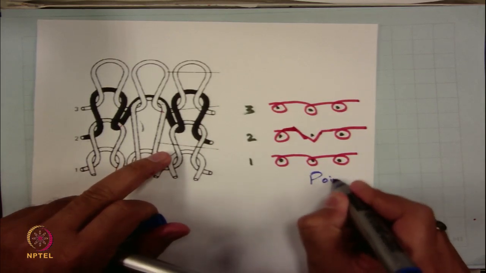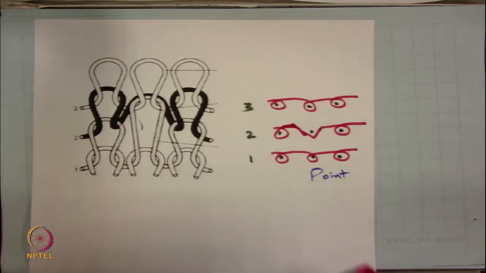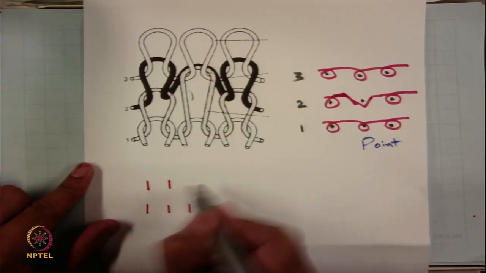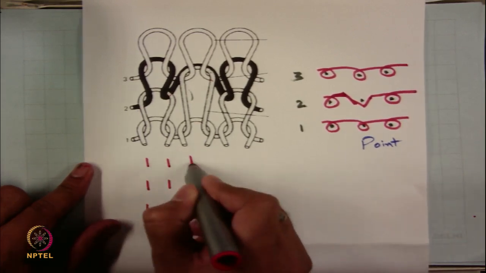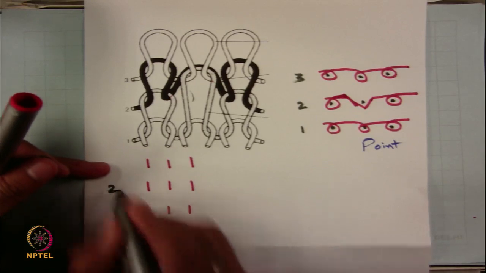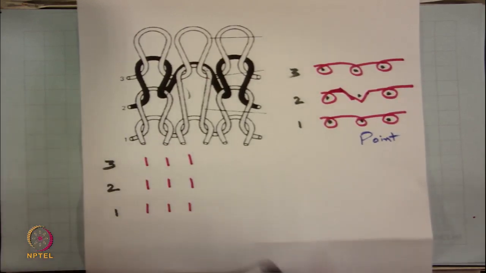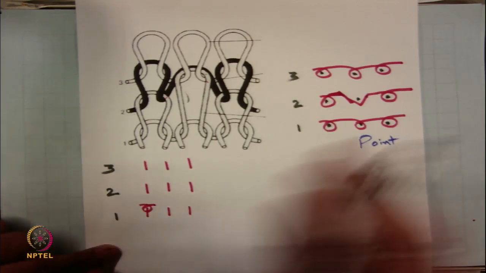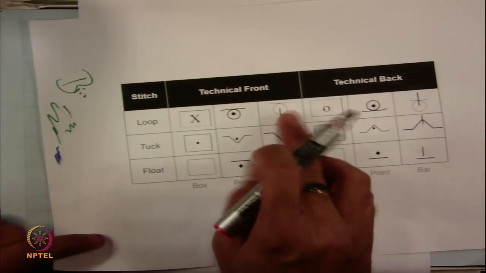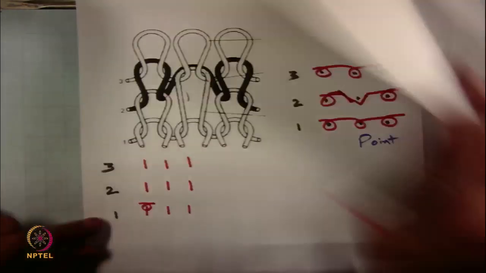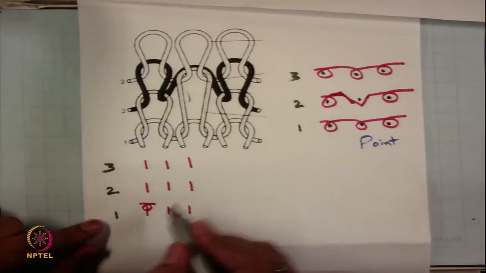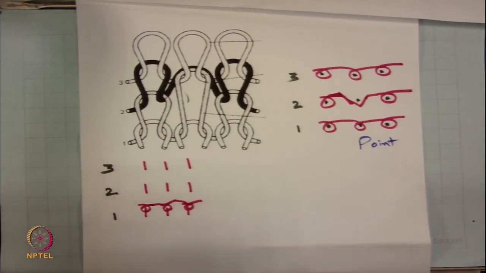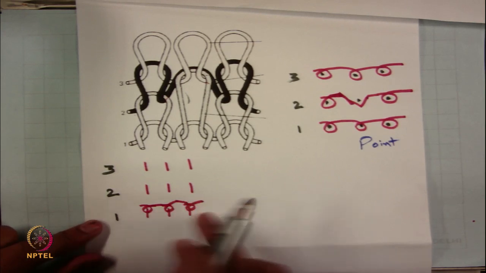Now if you go for bar notation, you need 3 sets of bars, first course, second course, third course, first, second, third. In each of these, each bar represents 1 needle. So to represent technical front, you make this notation. So if you see here, this is how you note the technical front for the loop. This is again a loop. So all 3 loops, and these all are connected. So this is how you make the technical front.